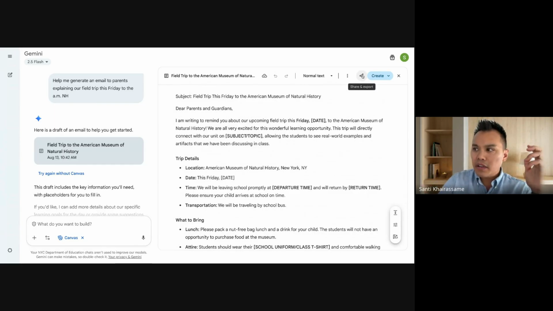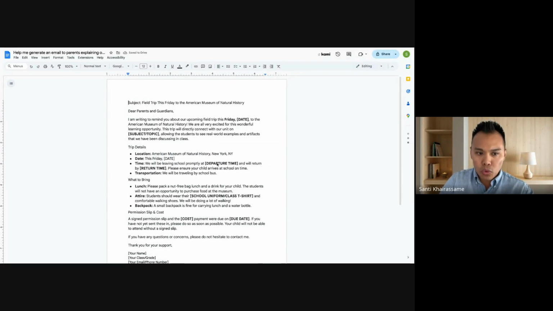And then since this is linked with your DOE Google account, if I click share and export, I can export this to Google Docs seamlessly. So I can click on this button. It's going to open up a new tab. And then all of that text is in my Google Docs. And I can go ahead and share it with other colleagues to help me clean this up, or clean it up myself. It all works seamlessly. When you do that, keep in mind, the name of the document is the name of the last prompt you gave it. So you might want to rename that, but just keep that in mind.